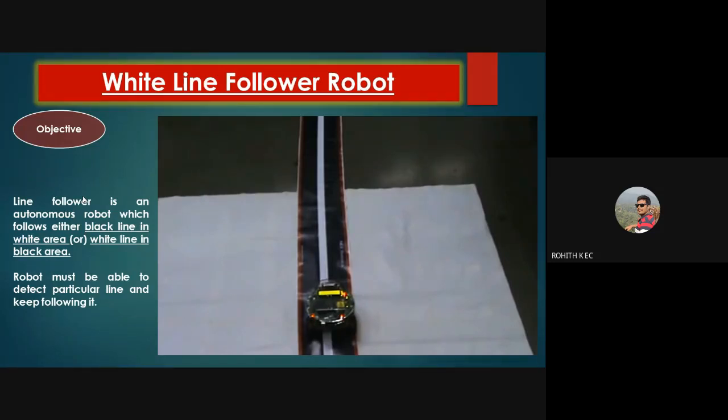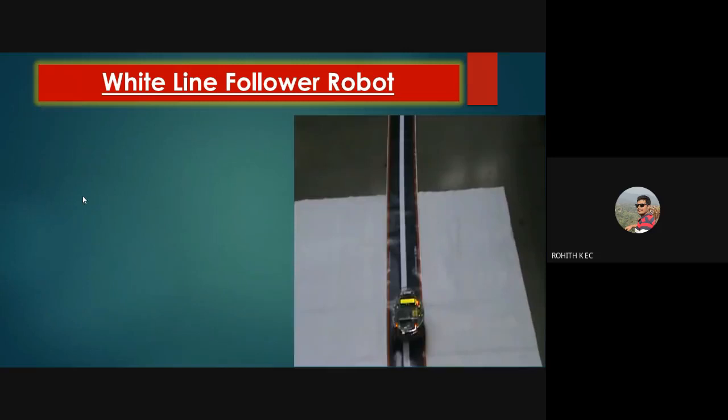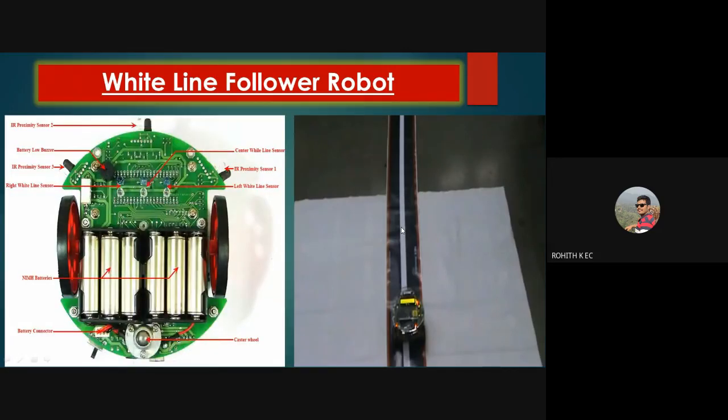Okay, so based on our application, we call it as white line follower robot or black line follower robot. So our objective is to design or program our robot to progress in this particular track. Okay, in order to accomplish this, we will be making use of 4 important sensors, namely 3 white line sensors and 1 center proximity sensor.